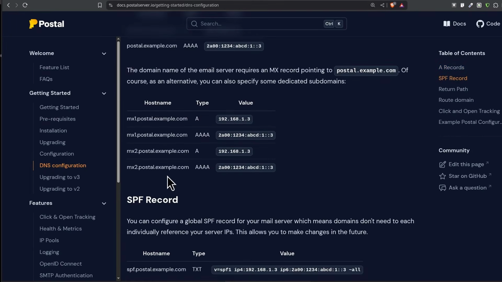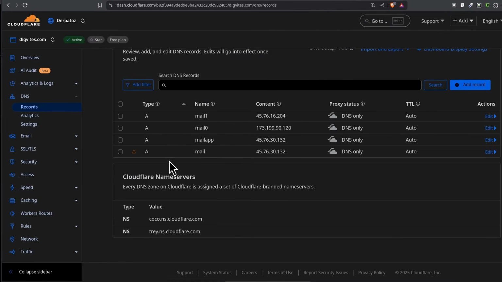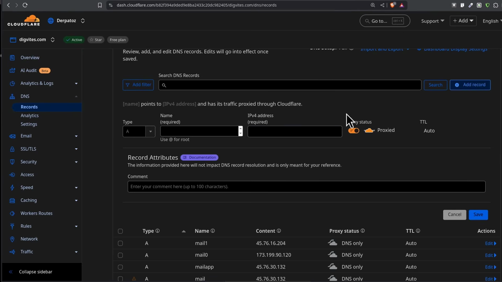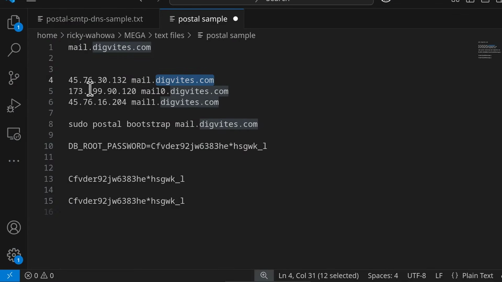So that's there. And you don't need to add all the IPs. You just need to add the main IP. So for this, I'll just paste it there. MX and the IP, the main IP for our server, that's the one we're going to use there. Copy.